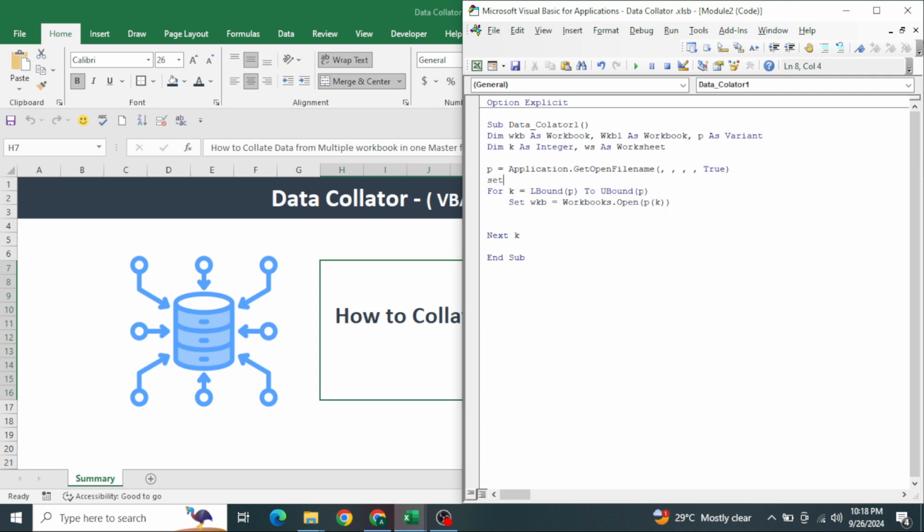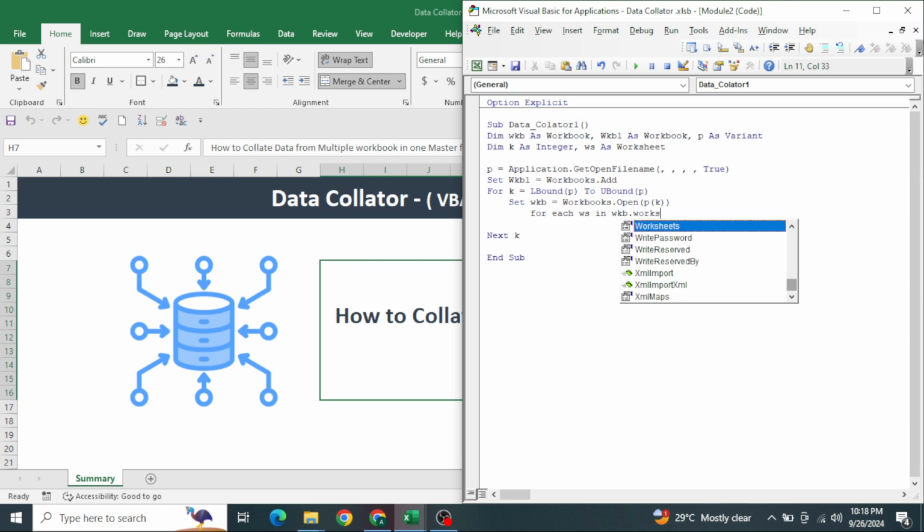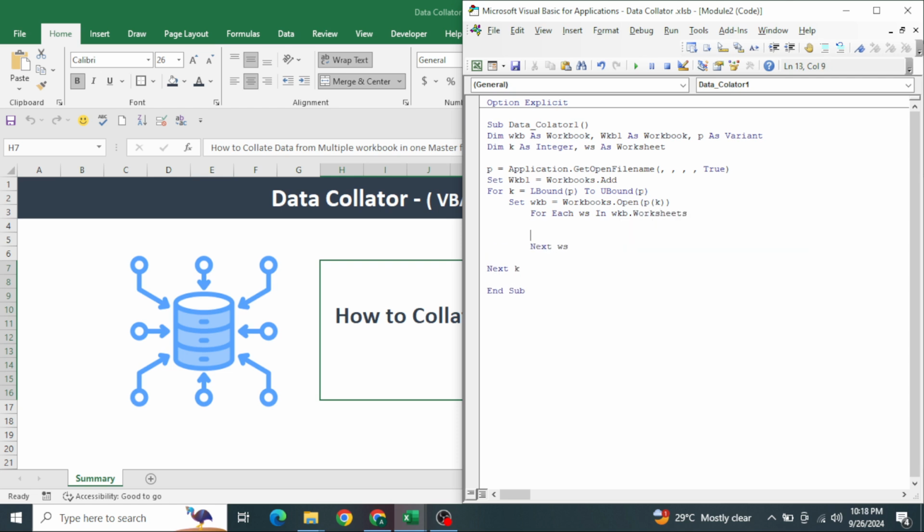We need to create one master file. For that we should have one separate workbook, for which we have declared wkb1 as a workbook, right? Now I want to run a collection loop: for each ws in wkb.Worksheets ... Next ws. Here what I want is to copy all the data which I have in each sheet,